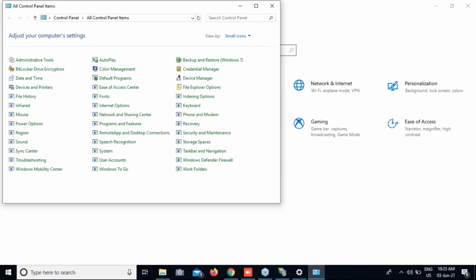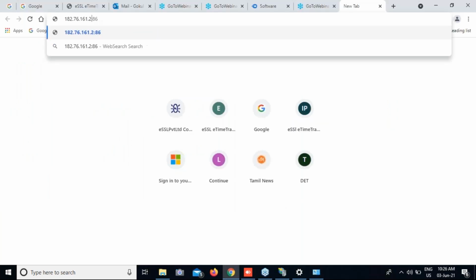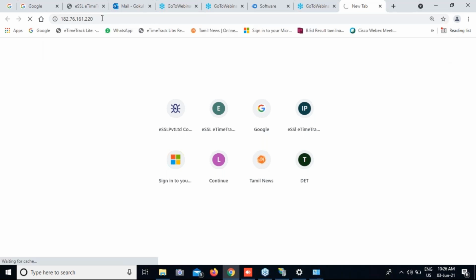Application hosted. After hosting the application, it will show you the login page. Already connected the database. I'll show you how to connect the DB also.